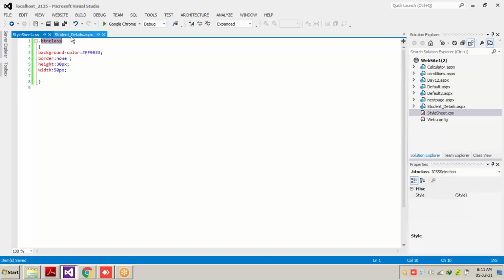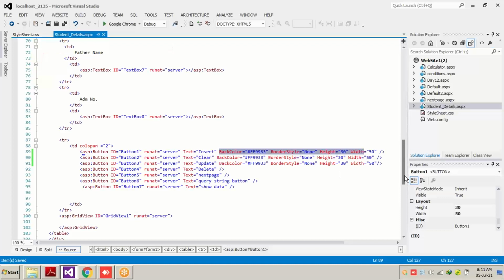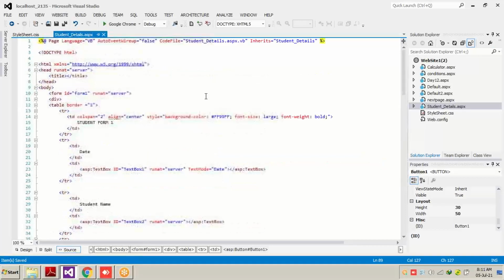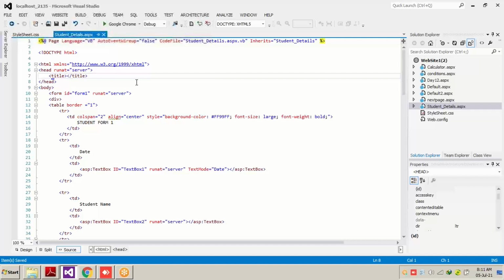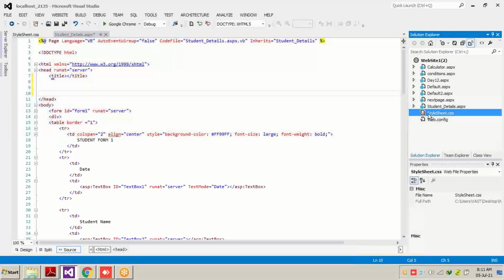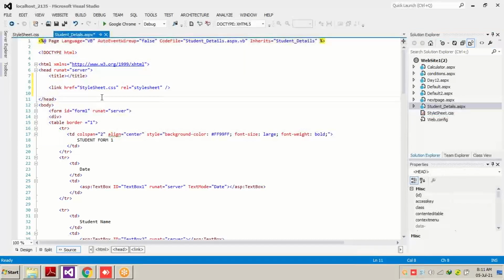Now what we will do? Now we have to call this CSS file. If we click on the CSS file and drag it onto our screen, just below the title, you can see this style sheet has been carried over to our page. This means whatever styles, whatever classes, you can have many classes inside one CSS file. Whatever class, how many doesn't matter, and whatever properties any class has, all those classes can be used in this particular form.